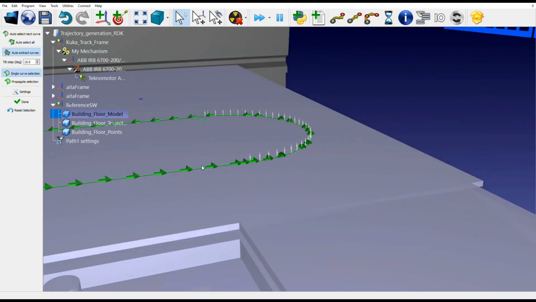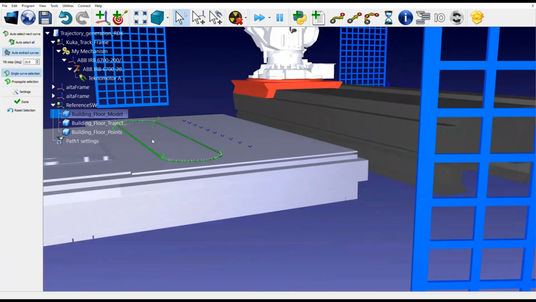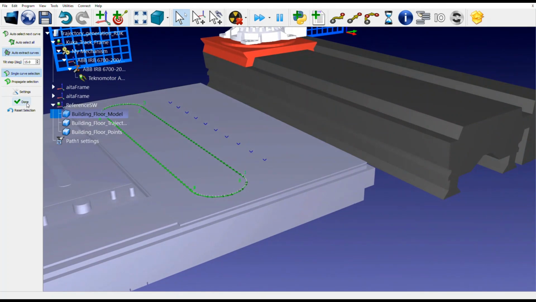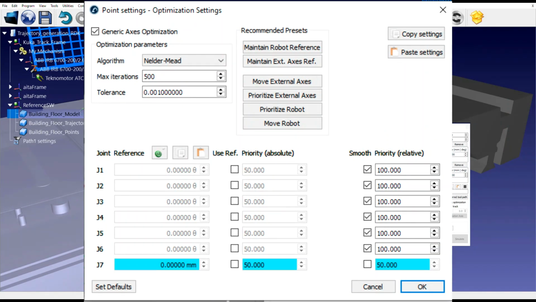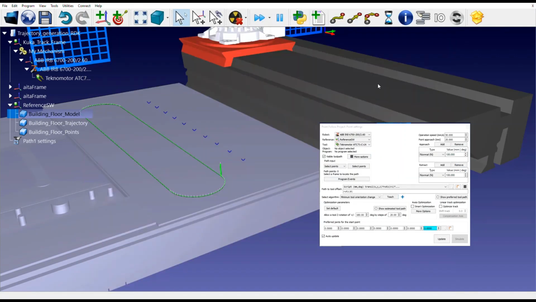Now we have a continuous path selected here, this oval shape. And after everything is selected, I will click Done. And then we have one more thing to do. We need to click on Access Optimizations and click on Generic Access Optimization. And from here, because this is a big shape, I need to click Move External Axis. And now, after clicking Update,